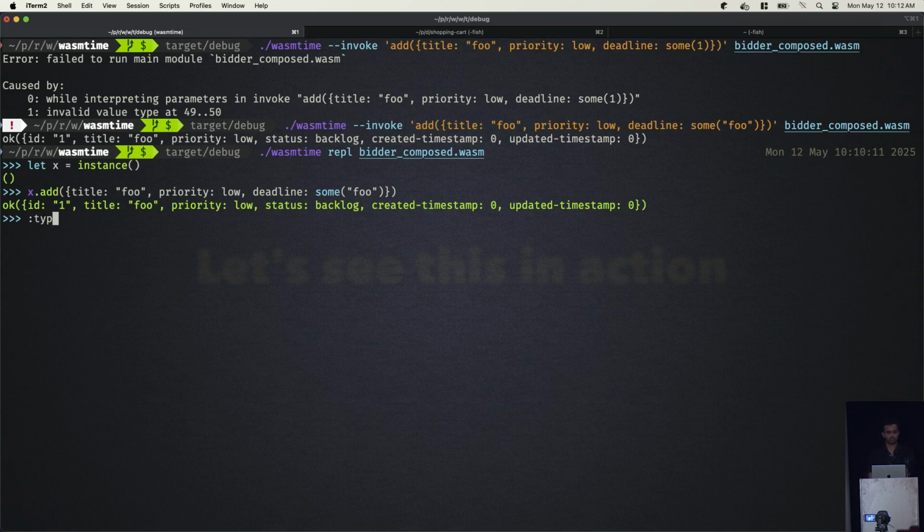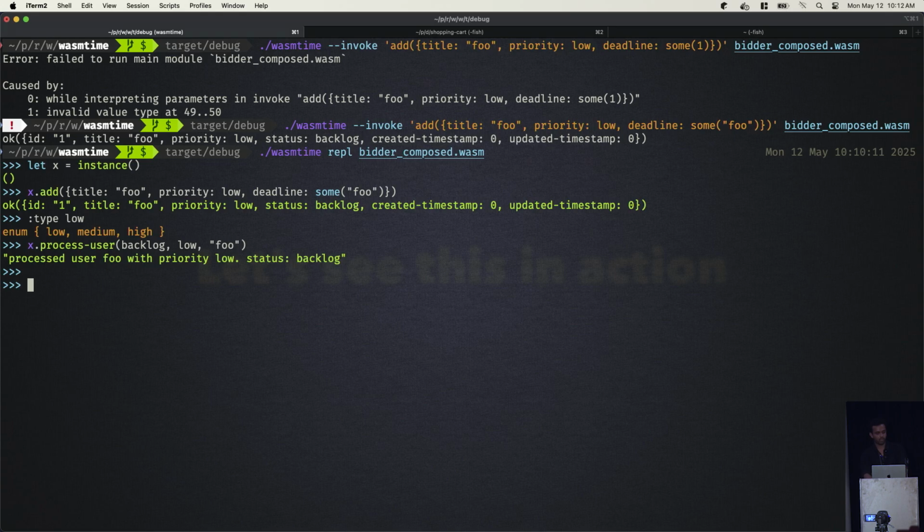Sometimes I need to know, okay, this auto-completion is good, but what was low? So I can use type inspection. So low is an enum. Let's showcase another example, maybe process user, which has more enum types in it. So what is backlog? It's a backlog. Backlog is an enum, low. And then you can take the output of